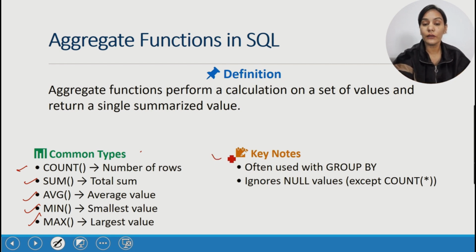So where are these functions required? They are often used with a GROUP BY clause. Till now in the previous DQL queries, we have just learned how we can get whole data using a select statement. That means we get each and every row, and at that time we have not grouped things. But when we want to group things, then we use aggregate functions. We will discuss GROUP BY in detail in the next video.